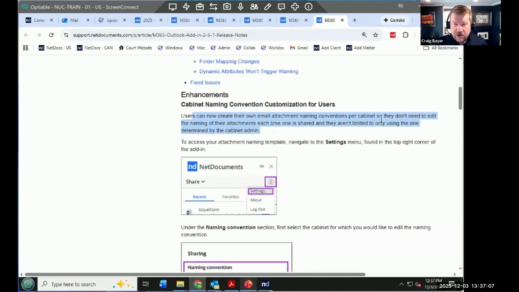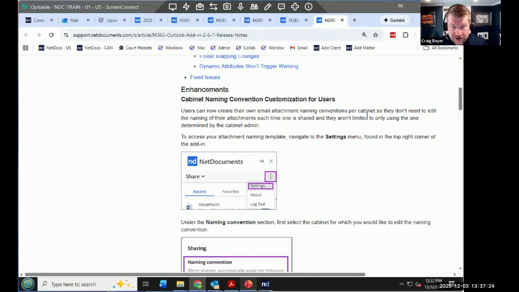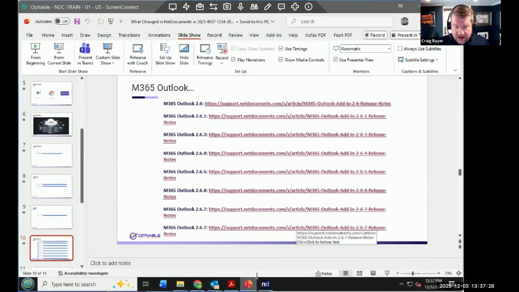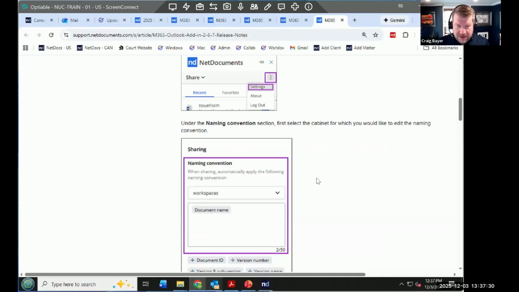Before, it used to be just a cabinet setting, which was annoying because I would have one group at the firm wanted to have the version number, the other group did not. And now it's not even groups, it's customized by user. So you could do all that. And then that covers all the